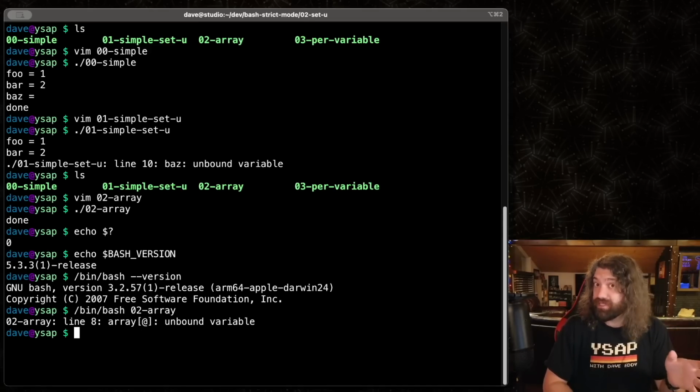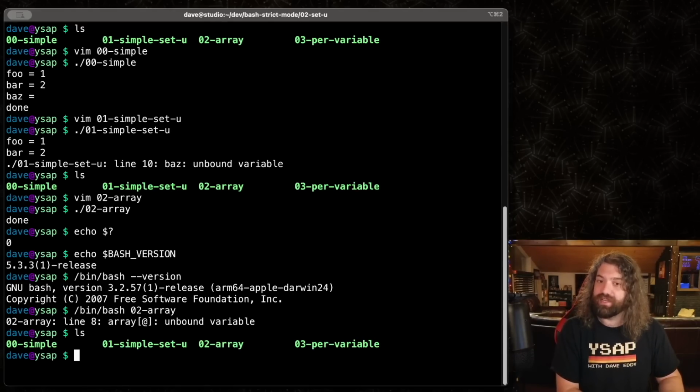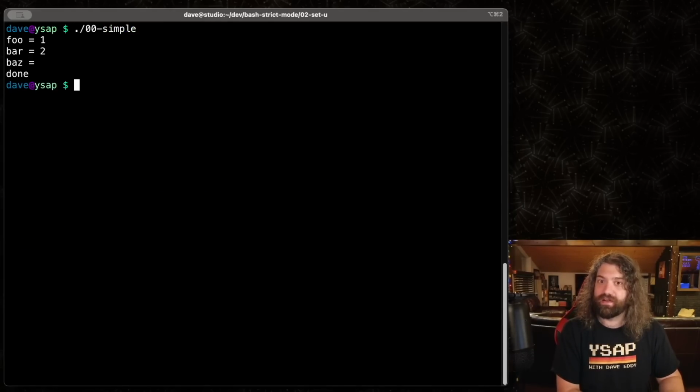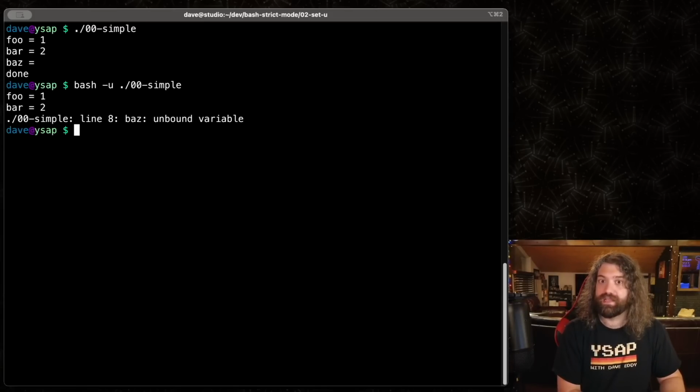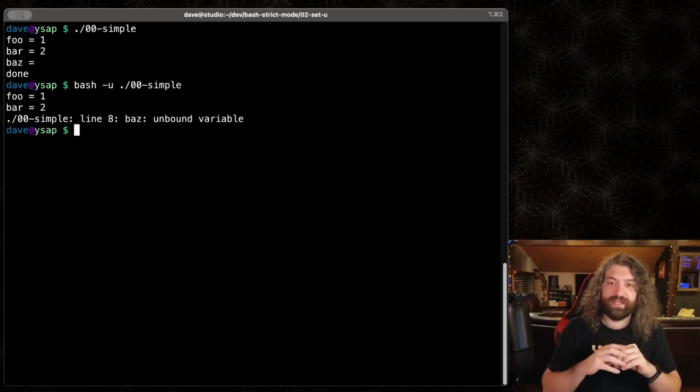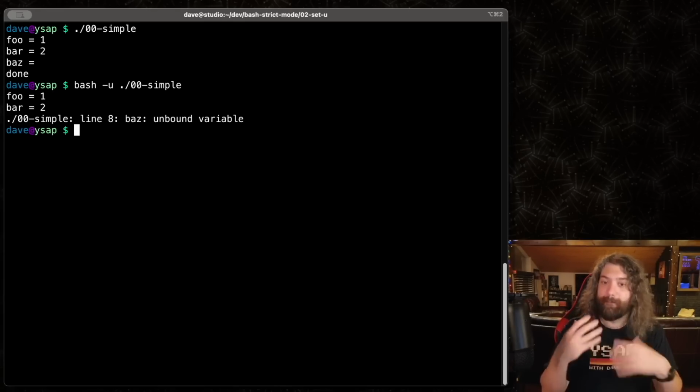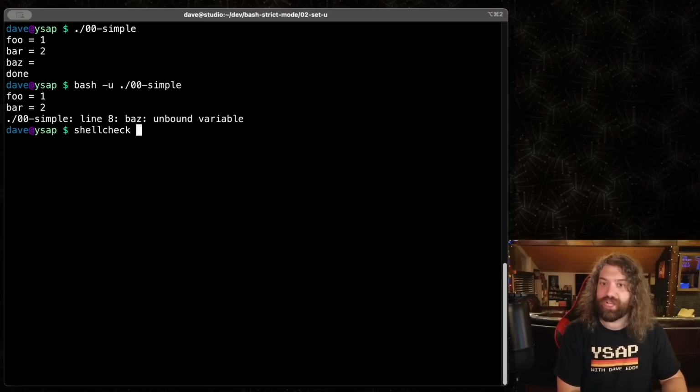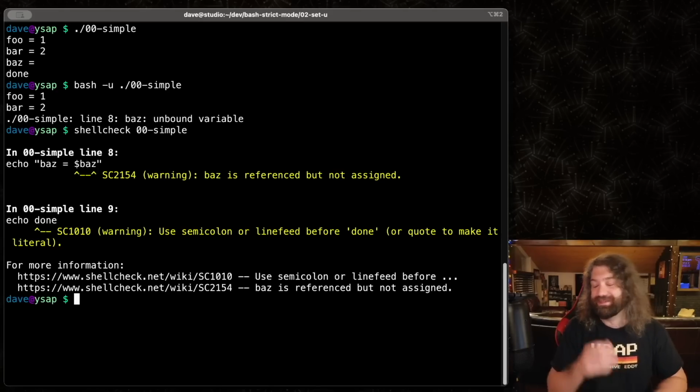The reason I would say I would stay away from it is because I don't know what version of Bash people are going to be running this on. I will say though, if you want this functionality yourself, look at this first example right here. If you want to just test during development, bash -u, all those options can be passed here, and then you get that behavior. So during development work, I would say use something like this. In fact, I'm going to start putting it into my workflow. You could also use ShellCheck. I love ShellCheck. It's really great. I should talk about it more on this channel. I kind of fight it sometimes. It doesn't like the way I use keywords.